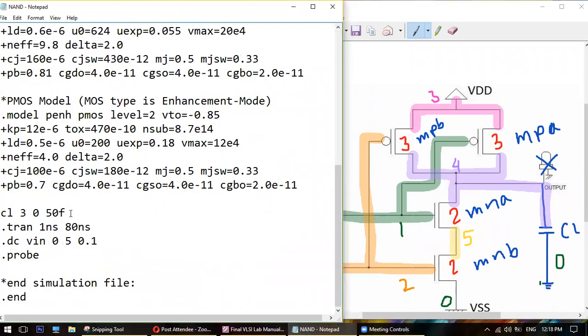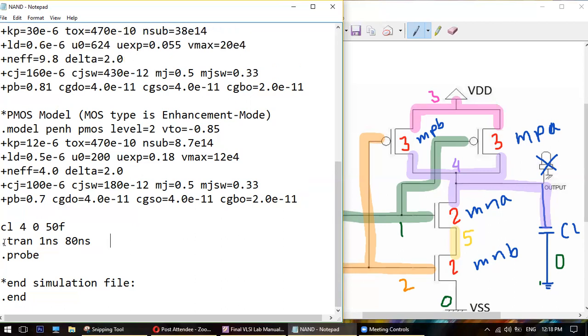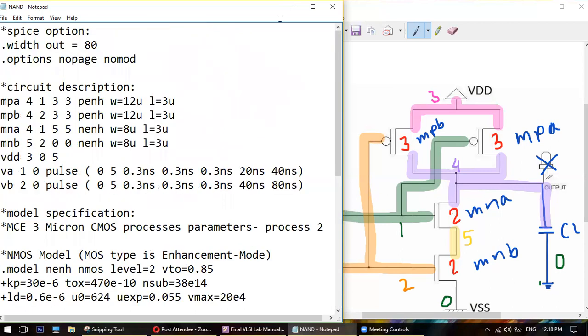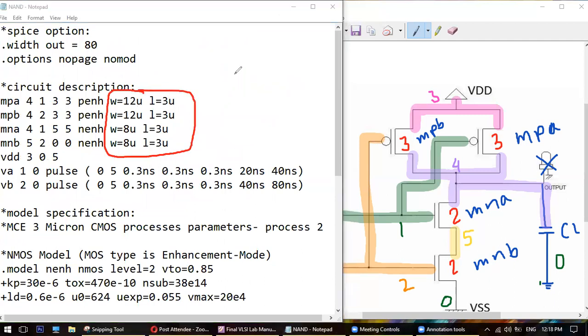Next, come down, is the capacitor. The capacitor is connected to pin number what? Pin number 3 or pin number 4? Capacitor is connected where? Number 4, sir. Pin number 4. So capacitor is connected to pin number 4 and the value is 55 farad. DC analysis is no longer required because the purpose of DC analysis is done. What was the purpose of DC analysis? To find out these, right? In our previous lab that we have already done, and we are now using that data in our circuit.